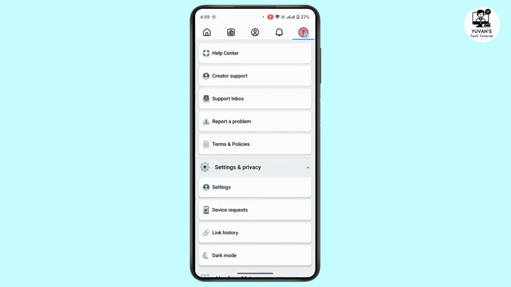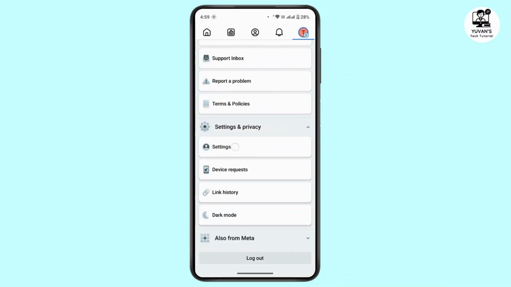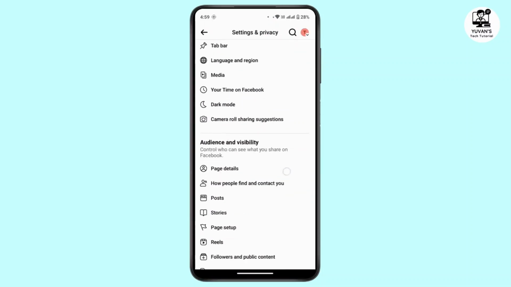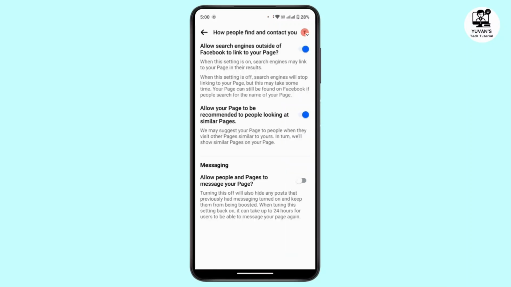Here scroll down and then tap on settings and privacy. Then again tap on settings. Once you get to your settings and privacy page, scroll down and under audience and visibility section there is an option as how people find and contact you. Tap on that. Now at the bottom of this page there you will have an option as allow people in